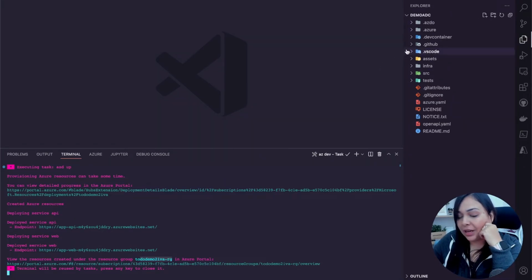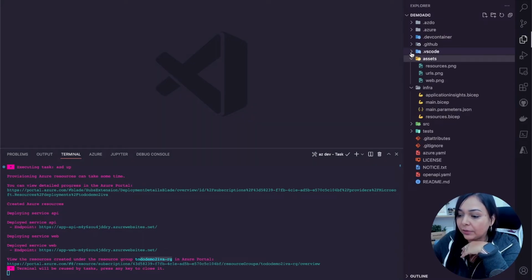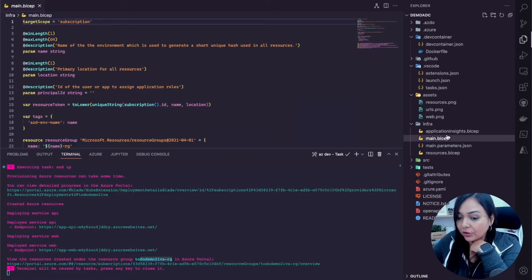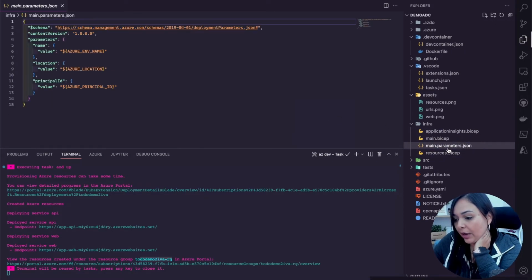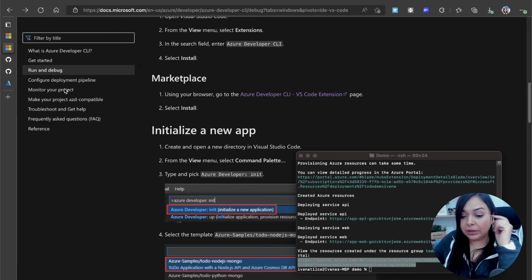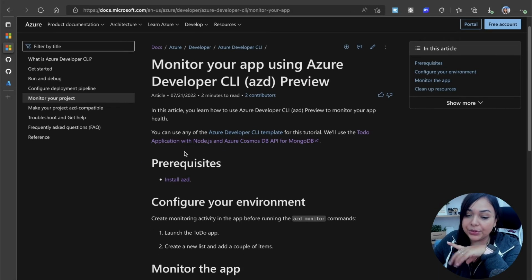Okay, now what comes with the templates, because that's another thing. In the template you have all the information, for example, the Dockerfile in case you need it. Also you have the infrastructure, all the information. In the infrastructure, you have in here the main Bicep, you have the parameters that you want to consider, and that's it. The other important thing that you also probably would like to know about Azure Developer CLI is that you can monitor your project, you can run and debug it,